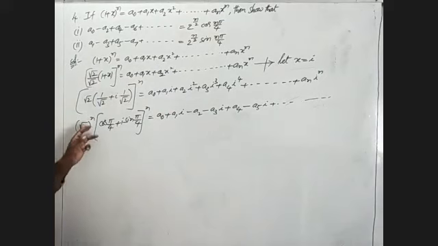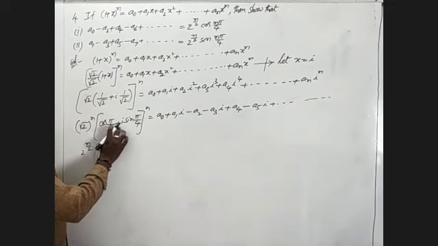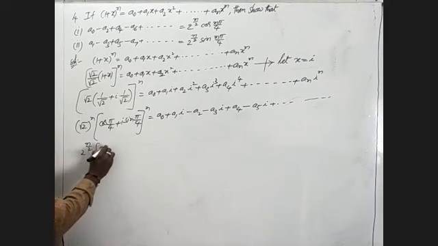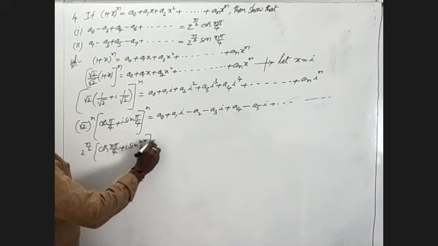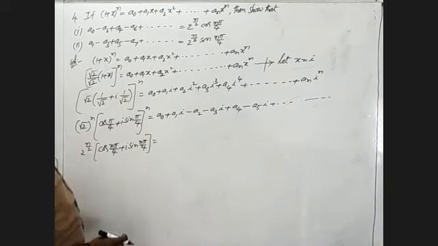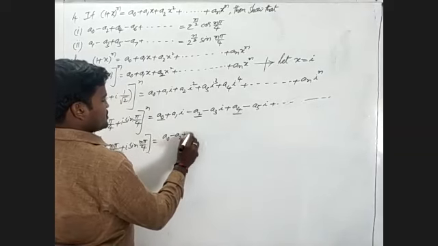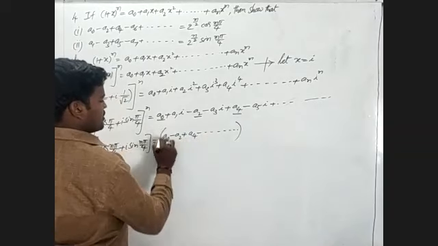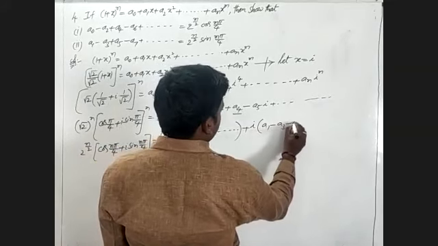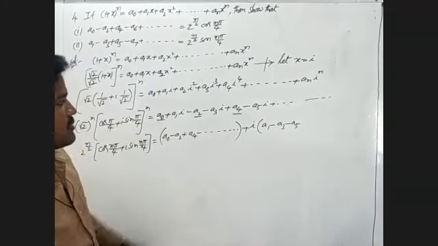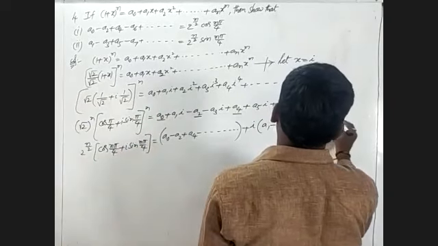We will observe that (root 2)^n we have to write as 2^(n/2), into (cos θ + i sin θ)^n, which is nothing but cos nθ + i sin nθ, that is cos(nπ/4) + i sin(nπ/4), is equal to, first here we will write the real number part: a0 − a2 + a4 − and so on, plus i common, and the remaining we have to write: a1 − a3 + a5 − a7 and so on.